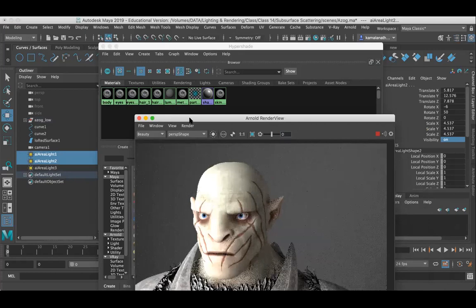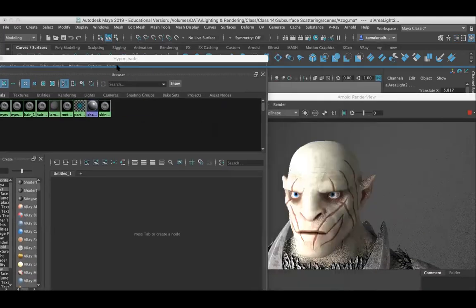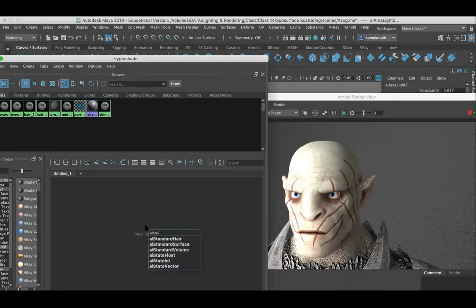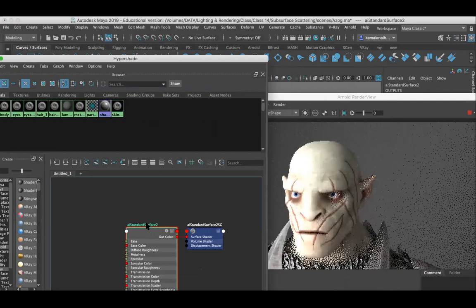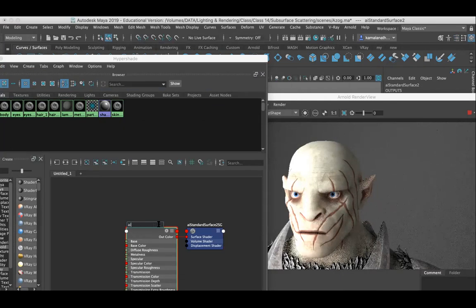Now I'm going to create a new material called AI standard surface, and I'm going to rename it as AI body, so that I can understand this is the shader which belongs to the body part.